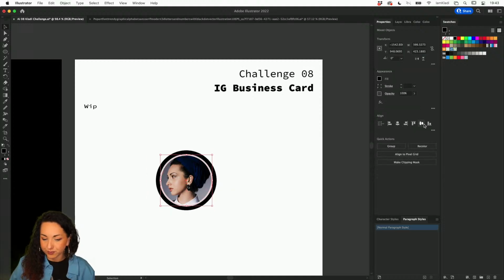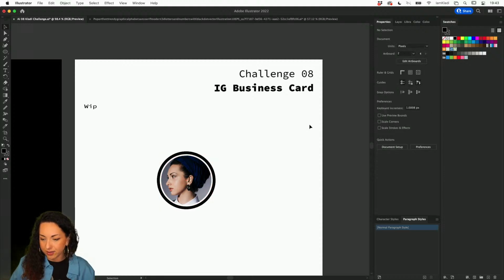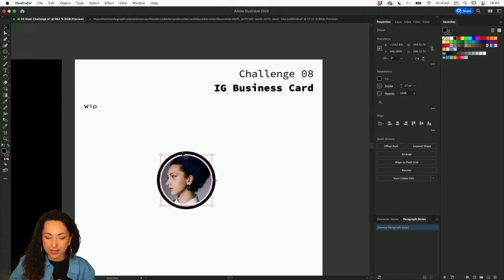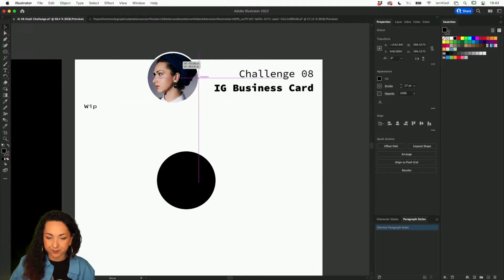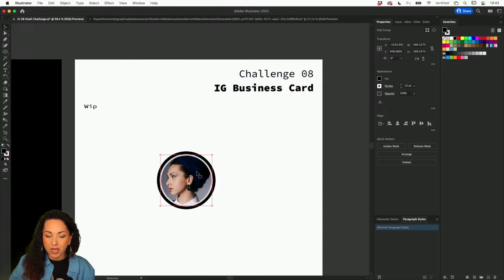Here we go. Now it looks like the black is perhaps a little bit too big, so we can simply go ahead and make the stroke a little bit smaller. I think something like 27 is fine. And also I'm just going to move my photo away for a second. I'm just going to leave it there. I want to show you how